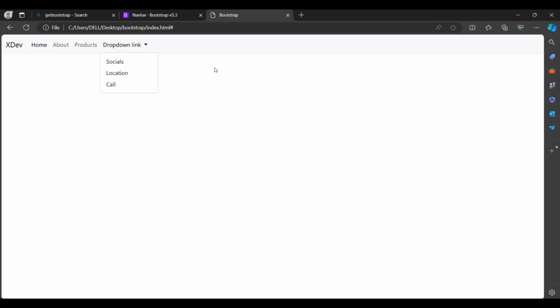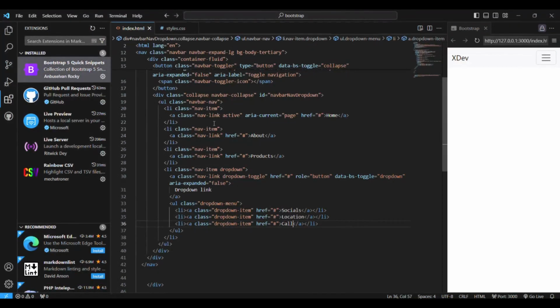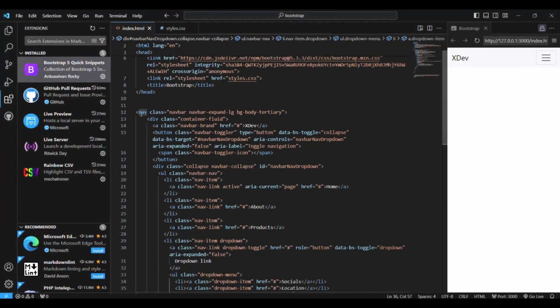All right. Another thing I want us to see, maybe before we call it a day in today's session, will be shadows. Shadows in Bootstrap. Okay, so we can add shadows and they are pretty simple. So let's add shadow to our nav bar and see how beautiful that is going to look. So here we can add shadow here,